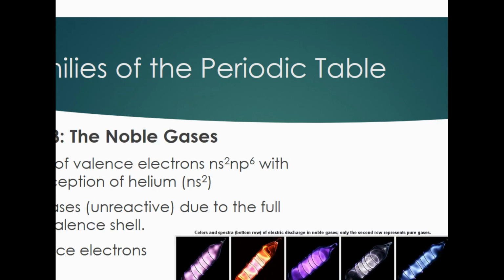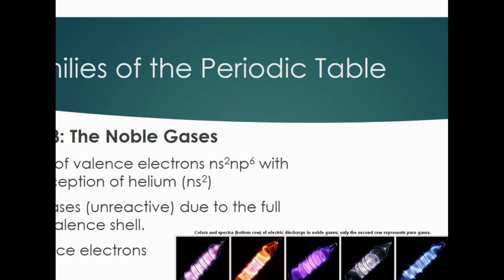So the last group, this name should ring a bell, that's group 18, and so that's the noble gases. We use those with our configurations for this reason. Those had a full valence shell, meaning they had 8 valence electrons, with the exception of helium only having 2, but the one thing they both have in common is that that outer shell is full. So again, like Goldilocks and the Three Bears, this is the example where it's just right. And so because these have the number of desired valence electrons, we call them inert. And inert is just another way of saying that they are unreactive. They're not looking to gain or lose valence electrons,